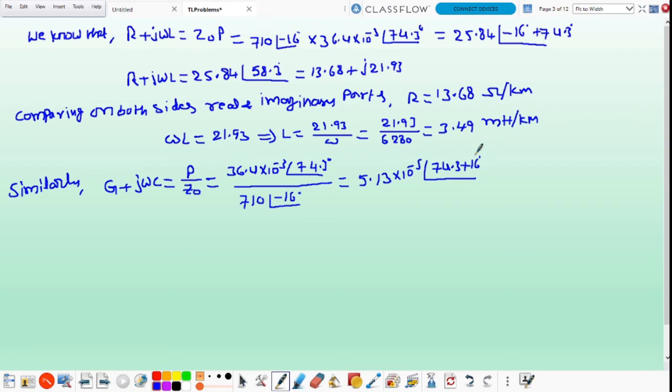That is equal to 5.13 into 10 to the power of minus 5 at an angle of 74.3 plus 16 degrees, which is 90.3 degrees. And this is the polar form. Converting this polar form into rectangular form using a calculator, we get